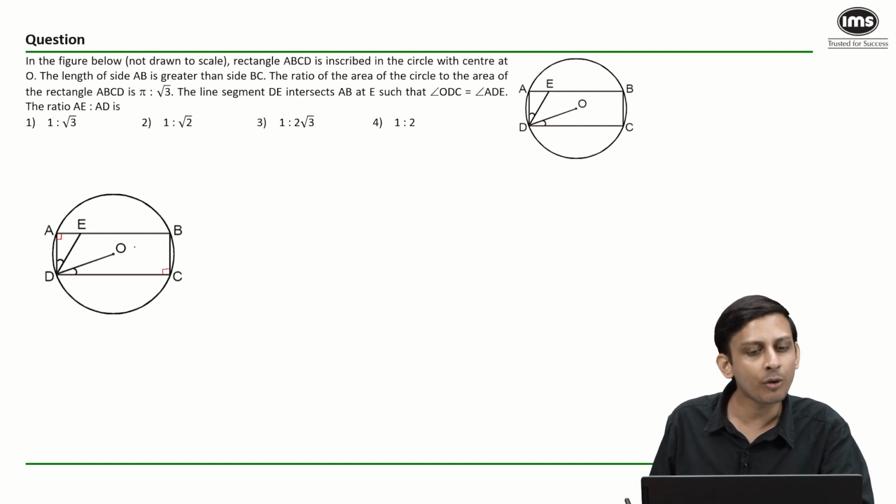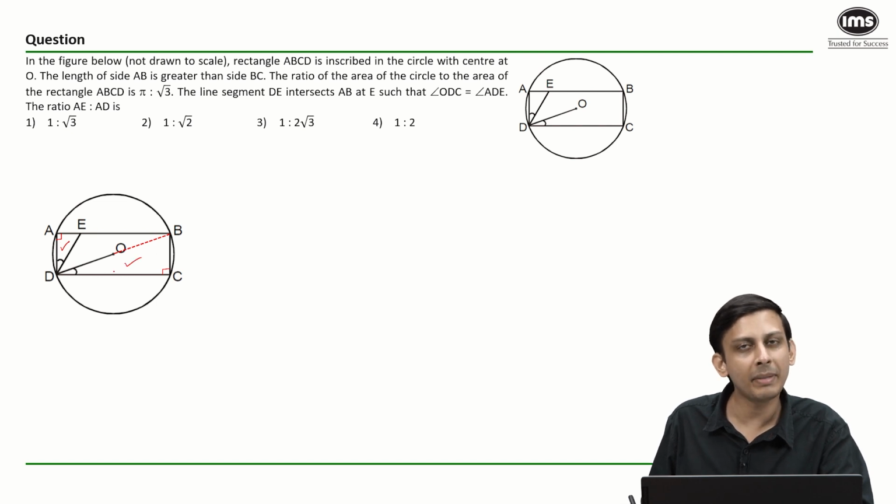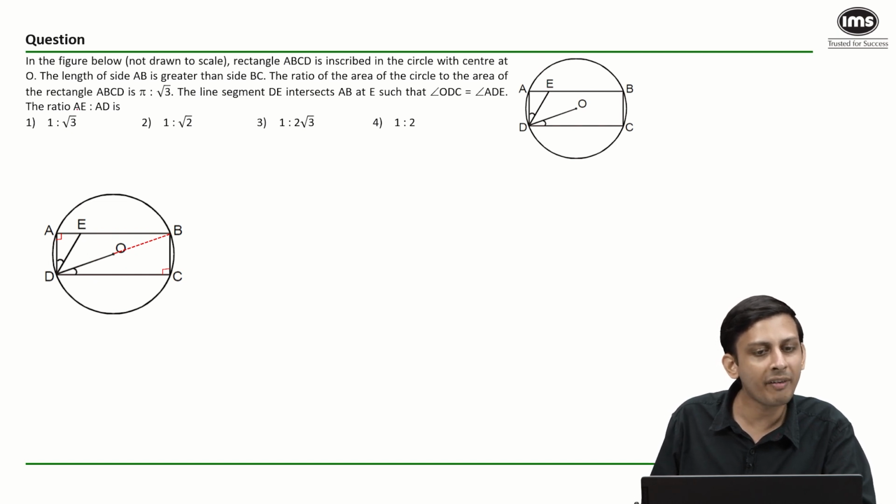So if we connect points O and B, then we can see that this right angle triangle AED and this right angle triangle BCD are similar. Both of them have a 90 degrees and both of them have a pair of equal angles, which was given. So for these similar triangles, if we use the ratio of corresponding sides, we have to find the ratio of